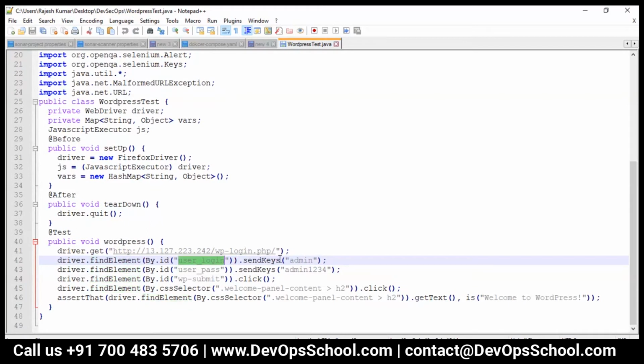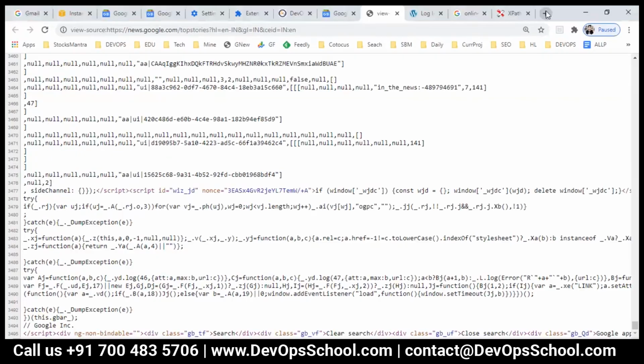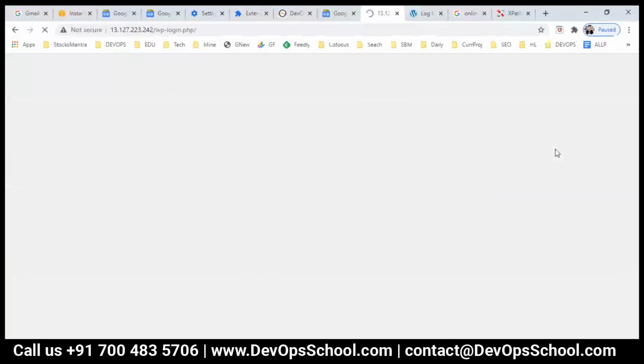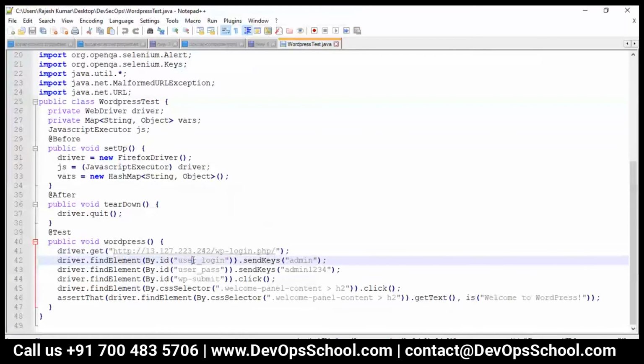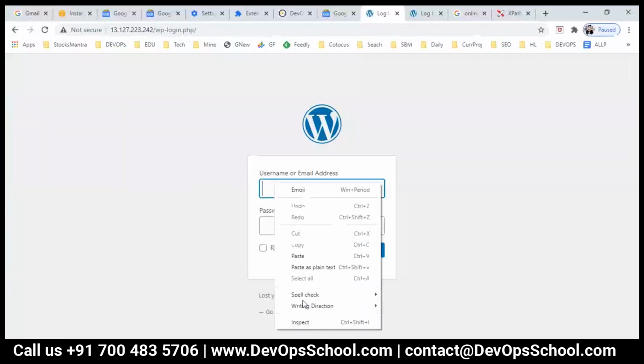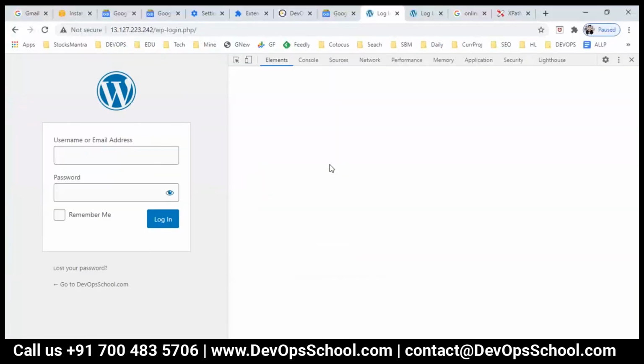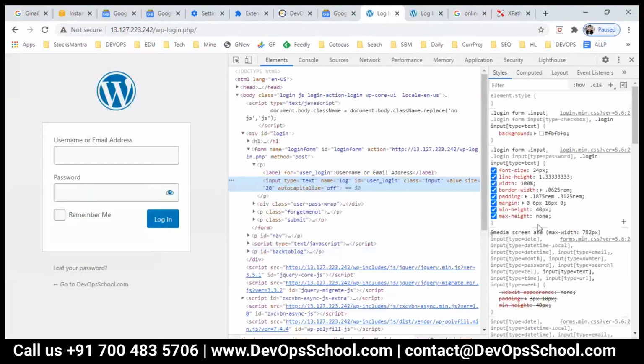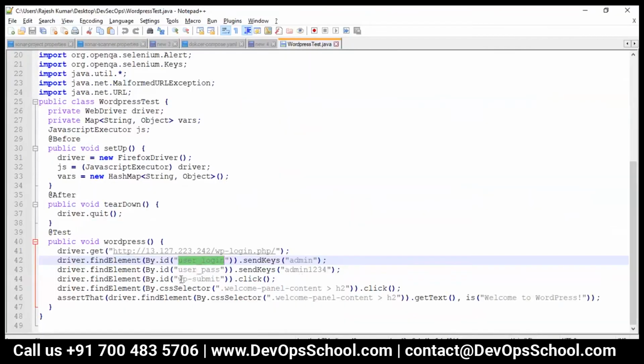Let me show you that. So they find the element over there. So this login element is named with user login here. See here, user underscore login. See my cursor. I hope you can see it. Okay, this is the one. And password, finding element password.